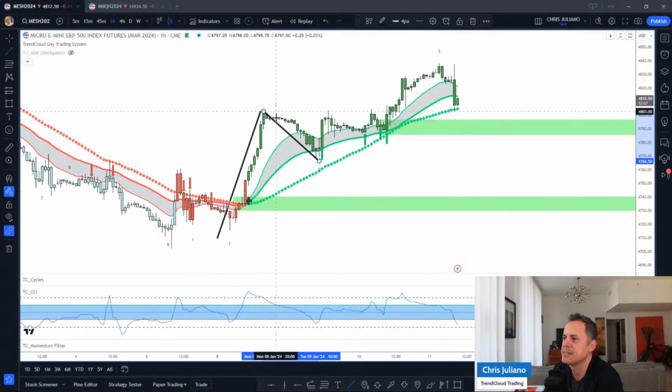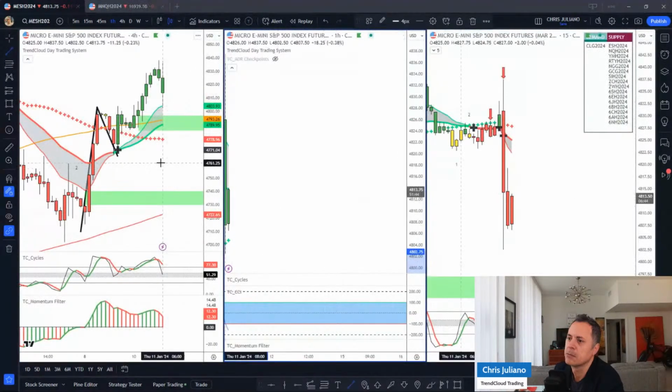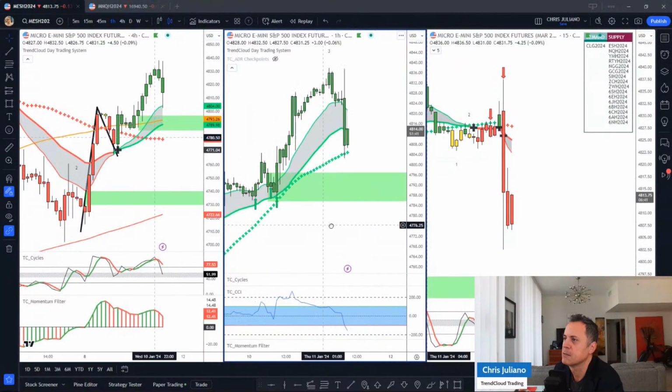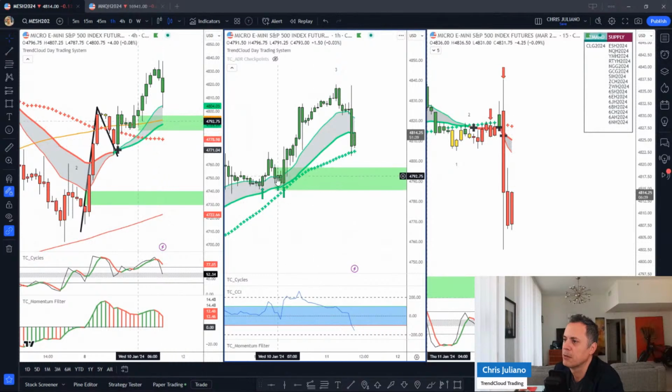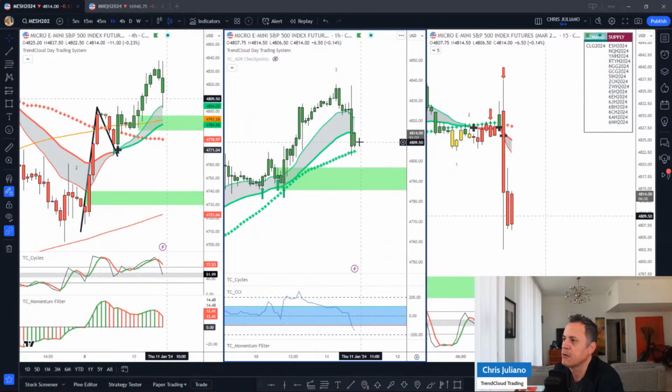But in this moment in time, on this pullback here, look what happened. We went below negative 100, right? So on the lower time frames, if there is some kind of demand zone here, we would not be allowed to take it. Let's take a look. Okay, here's that 1 hour demand zone right here. But right here, right inside here,